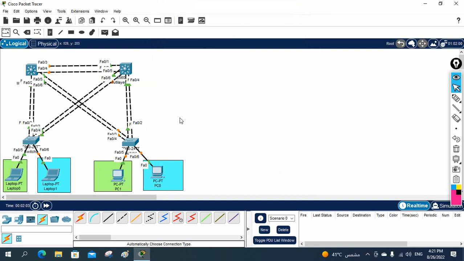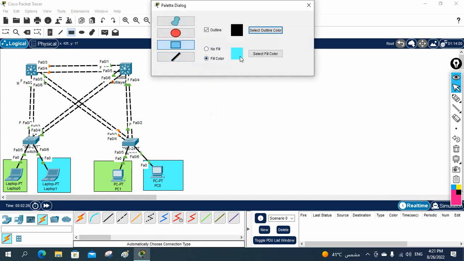So now let me do the configuration. I will write here somewhere: VLAN 10 for Sales, and then we have VLAN 20 for IT,